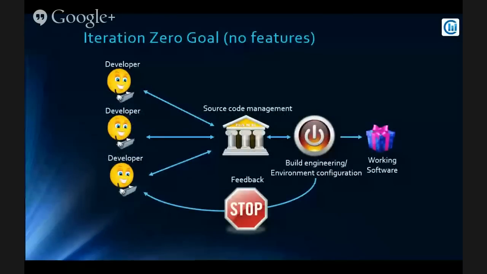All right, the goal of iteration zero is expressly not to produce any sort of features whatsoever, but to lay down the foundation for being able to work in a new piece of software. At the end of it, this is the workflow that we're going to enable. You've got some size team. Maybe it's only 2 people. Maybe it's 15 people. But you have a team, and all of them are going to be working on the same source code repository so that when they make a change and push it up, there is an automated build server